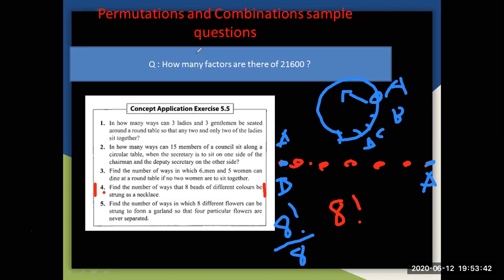So in the case of circular permutations, we have to divide by 2 again. So your end result is you can simplify 8 factorial by 8 easily. That becomes 7 factorial, and then 7 factorial divided by 2